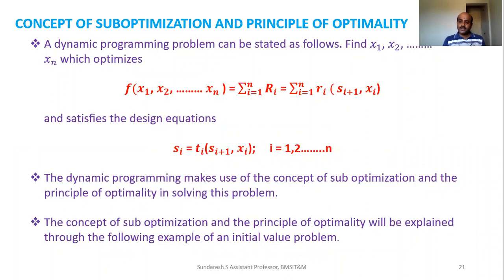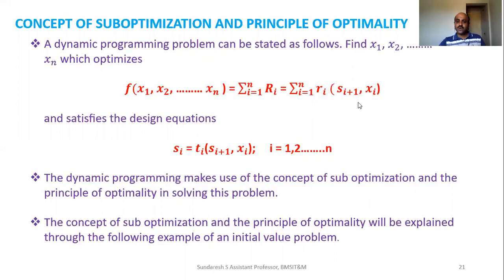The ultimate objective of a dynamic programming problem is to find the optimum values of the decision variables x1, x2, x3, and then the problem is optimized. The objective function is given here as f, which is the sum of Ri, where Ri is the return function, which is equal to